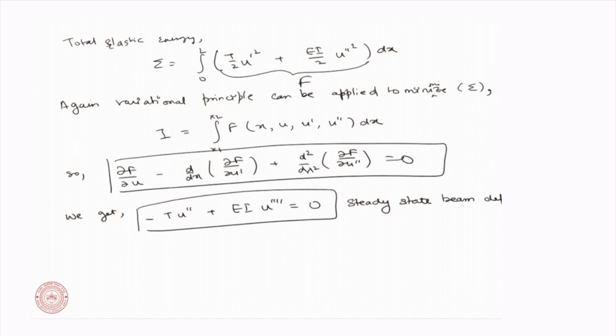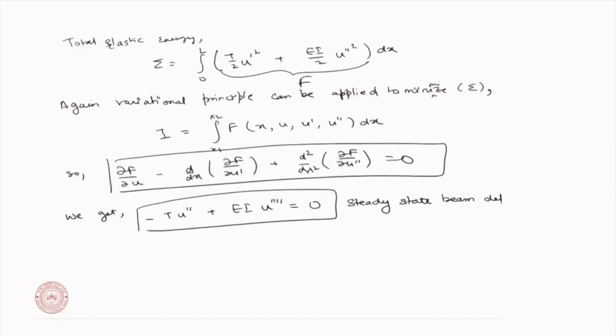Okay, this is a steady state beam deflection. You have a double derivative with respect to displacement multiplied with the tension, and you have a fourth order derivative of the displacement multiplied with the flexural rigidity, that is E I. Okay. This is assuming that there is no body force. Now, let us consider a dynamic case,